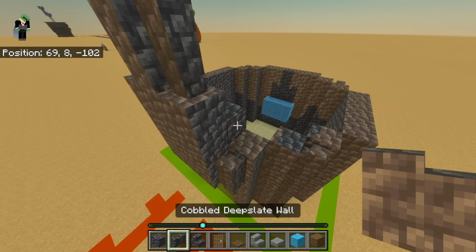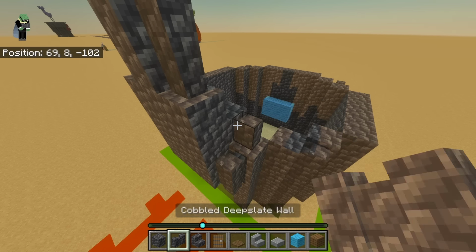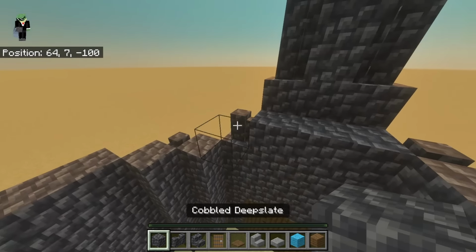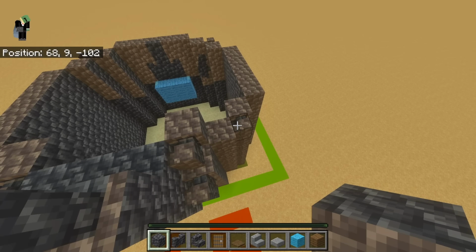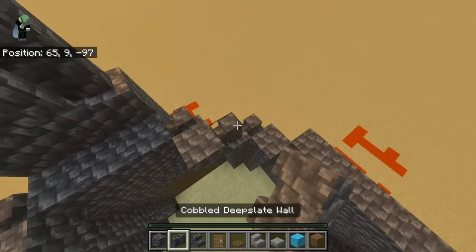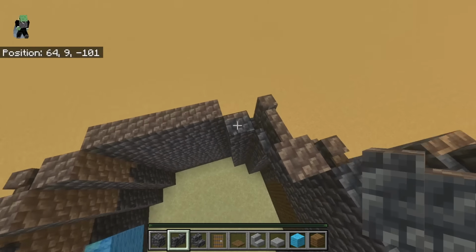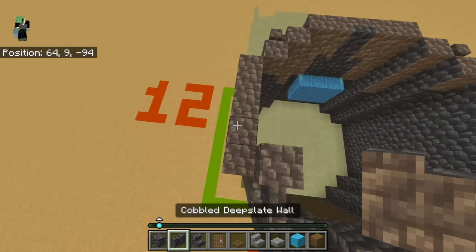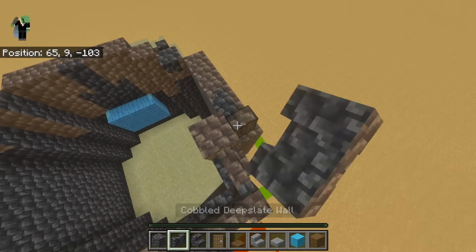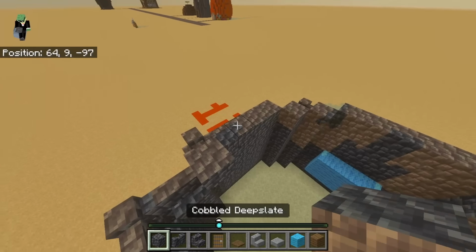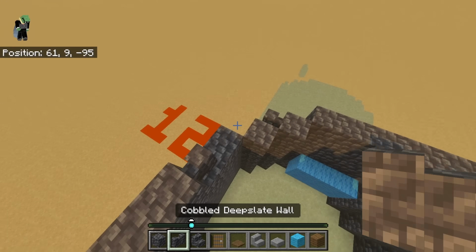I'll then from there go out with a wall, back with a block, out with 2 walls, back by 1, back with a block, out with a wall, then back with 2 blocks, 2 walls,